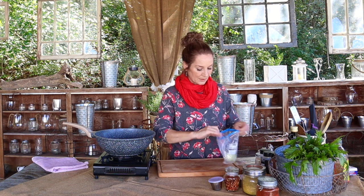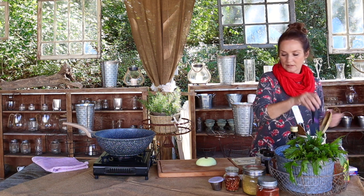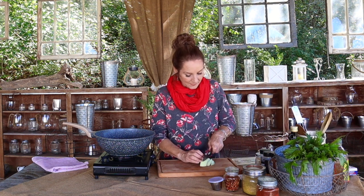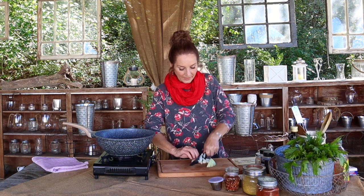So I want to go ahead and give a chop to my little leftover candy onions. I'm going to mince these candy onions. I've almost gone through our whole harvest of candy onions,